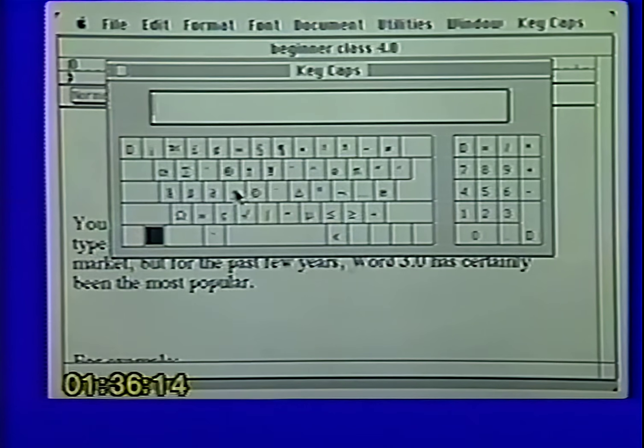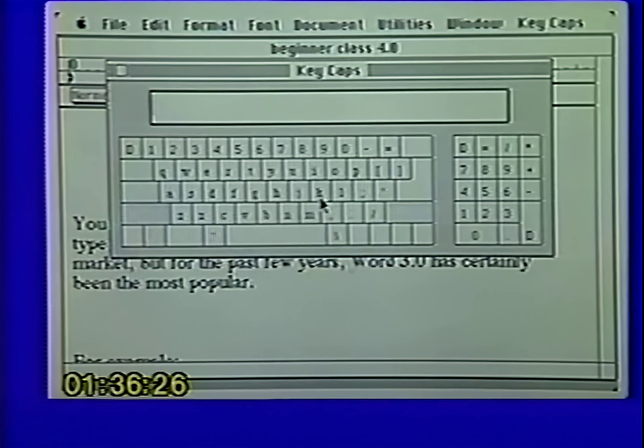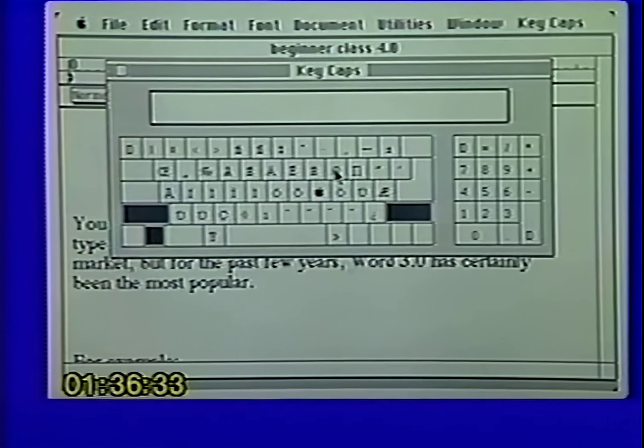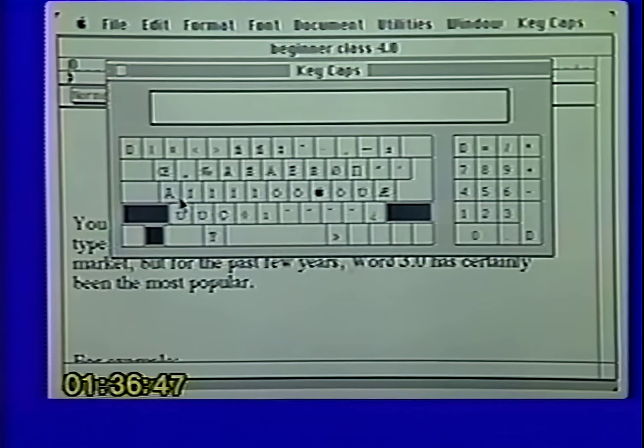Now, many programs allow you to, or many fonts allow you not only to push the Option, but you can also push the Option Shift key and get an entire different group of keys. Now you'll notice that Option Shift K is the Apple symbol. Option Shift O gives you a bigger null symbol, and right down here is a little symbol that I used to think was the California Angels, and then somebody told me that was the angstrom symbol. If any of you are using Spanish and you need the upside down exclamation point or question mark, you will also find those under your keycaps.